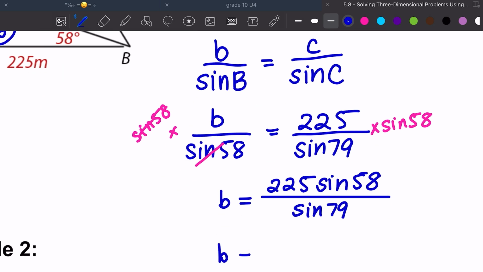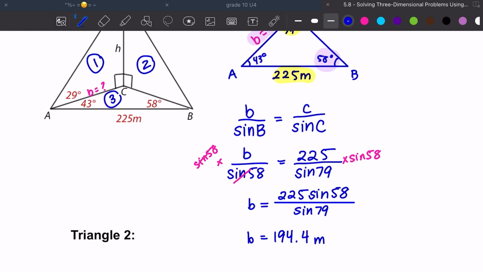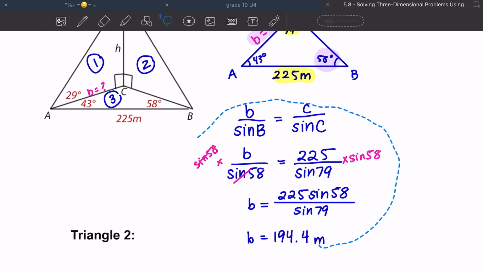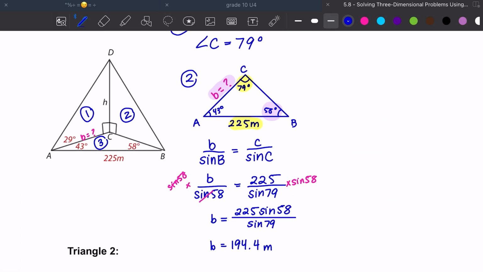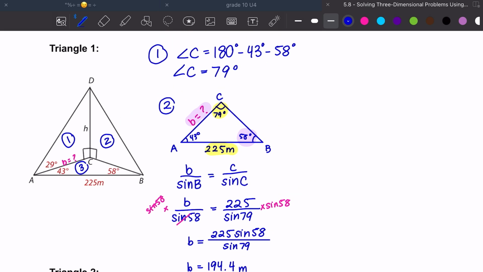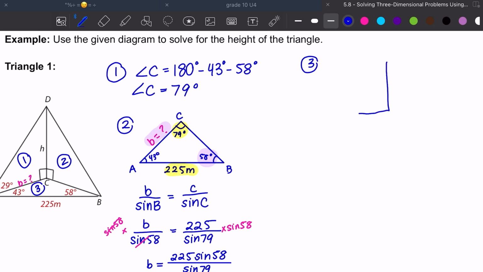Which I get approximately, if we're going to do 1 decimal point, 194.4 meters. Do you concur? Yes, you concur? You agree with me? Okay, cool. So now we know that side length, right? So now I can finally draw this triangle on its own, that little right angle triangle. So I can draw it here where it looks like that, where I know, okay, this is my right angle,